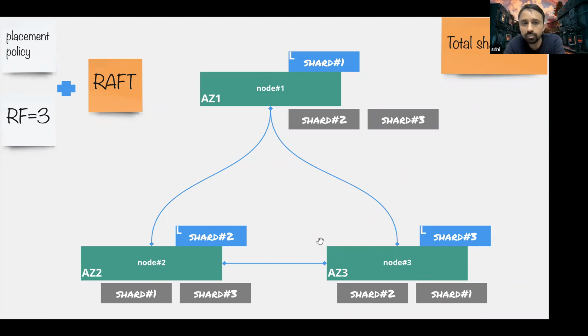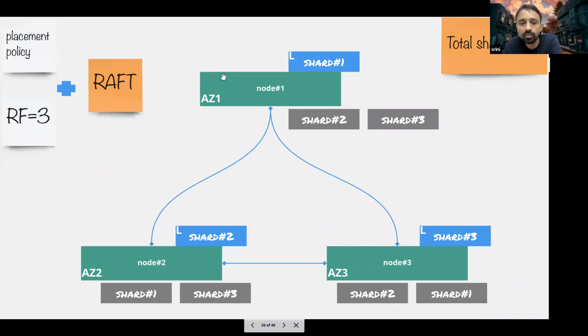And at any given point of time, you would find multiple shards in the system, and each node hosting n number of shards plus shard leaders as well. So that's how it facilitates distributed query processing, and then each node in the cluster would be able to serve read and write traffic, because if the data that you're sending to the system is for this shard, then AZ1